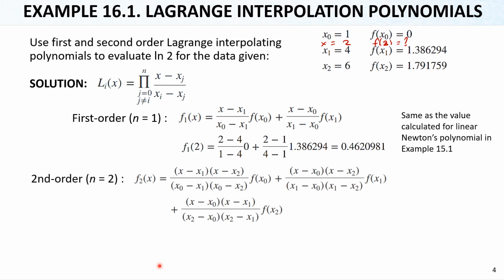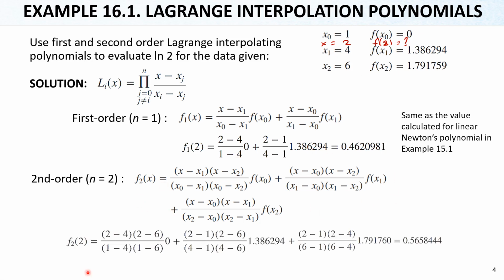Let's solve with the second order as well. For the second order, we have this formulation that we obtain from the Lagrange polynomials and multiplication of 3 data points this time. So we are using all this data now. We need 3 data points. If we write them all in here, you can see the result here. I'm not going to talk about the details of these. You can stop the video and check the results or solve it yourself. Let me just show fx0 is 0 here. fx1 is 1.38 here. And fx2 is 1.79 here, and the result is